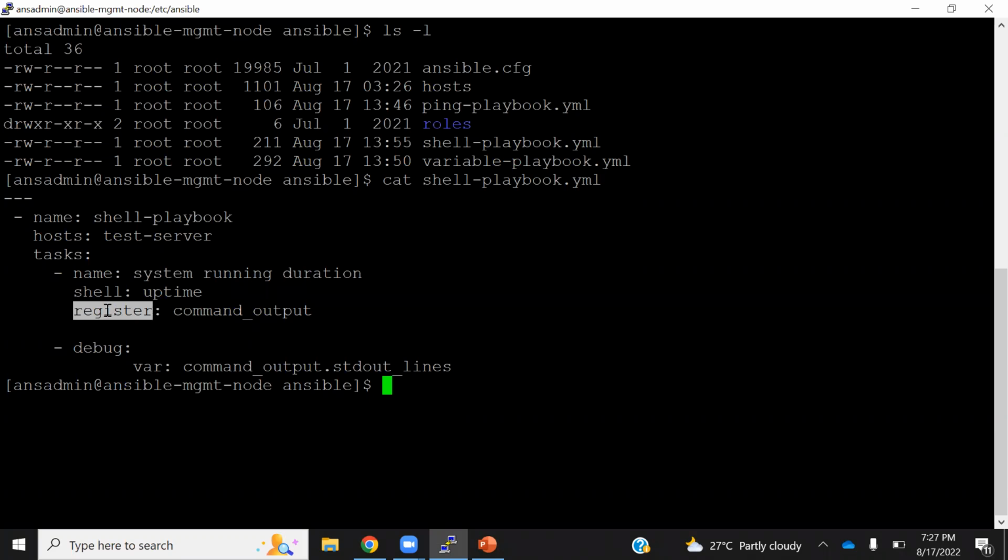And here, to that register, I have given the name command output. Now I am saying that there is a variable, command output, which is a register variable, and command output's standard output you show me. Debug, show me this output. So when you run this,